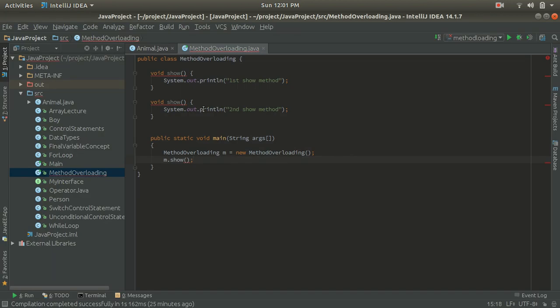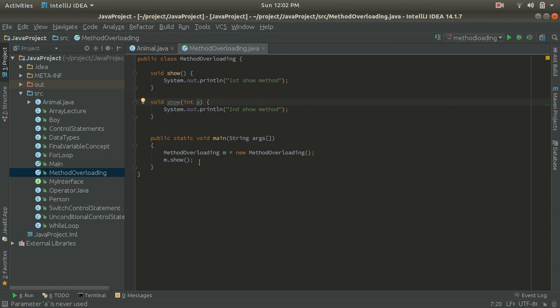To remove this ambiguity problem, we can implement the third condition of method overloading, which is that the number of arguments must be different. So now I will change the second show method. Let's change the second show method with an integer a. Inside the second show method I am passing an integer a argument.